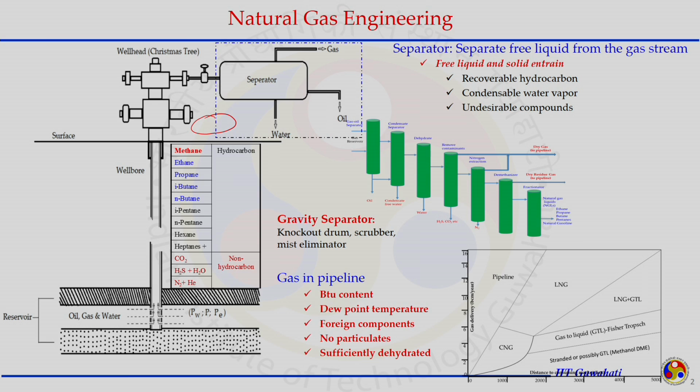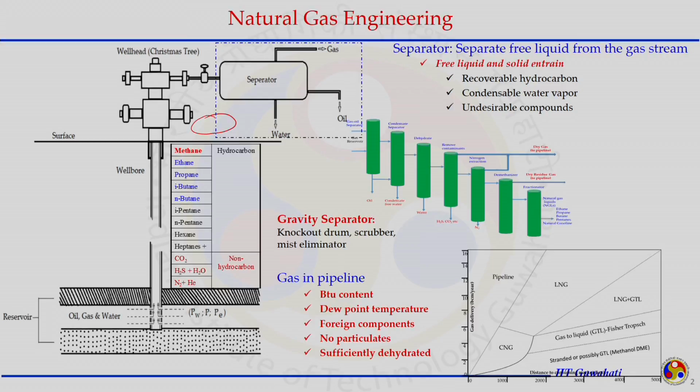and the fluid enters the separator, and the separator is designed based on the composition of the fluid being produced. For example, if it is just a two phase oil and gas separator, or a three phase separator for oil, gas and water, whether the separator should be vertical, horizontal or another type will be discussed later on. The important point is, when the fluid reaches the separator, it gets separated. The separator's job is very critical, because the separator will decide how the other units are going to work.